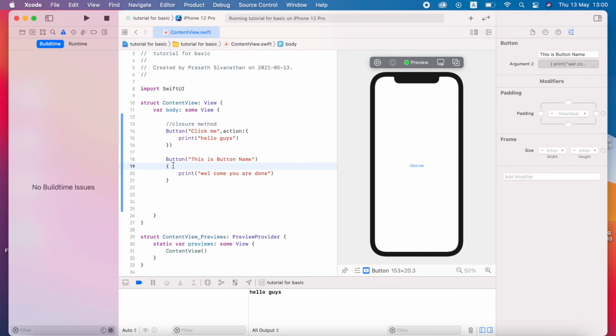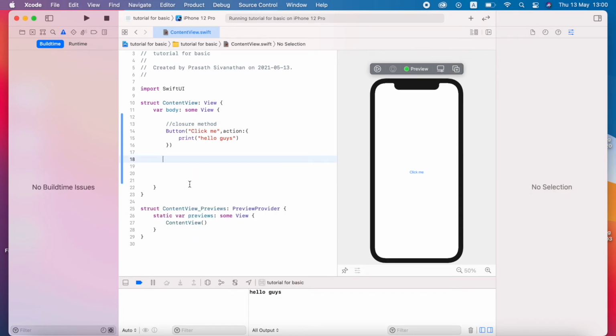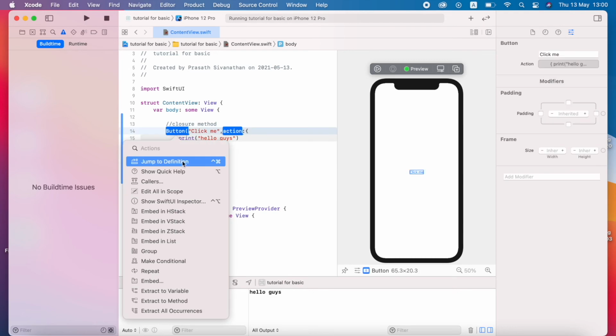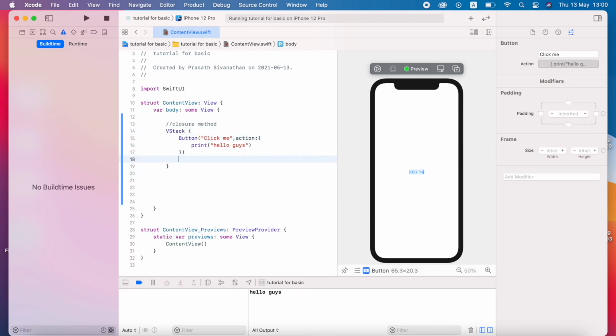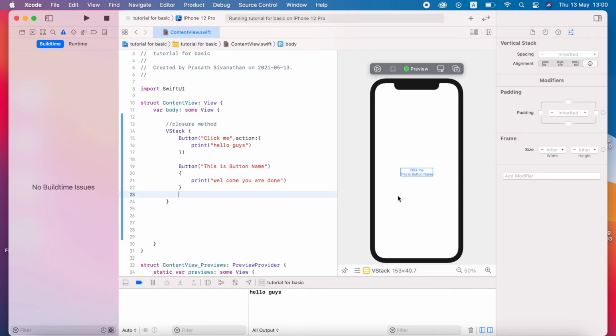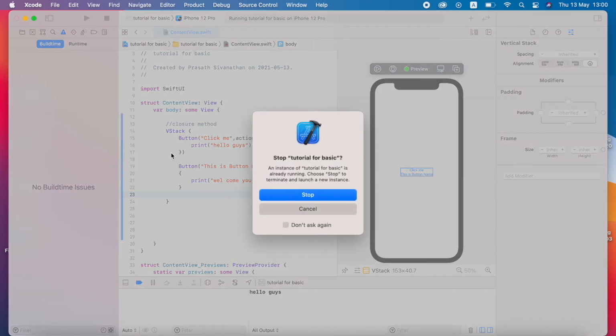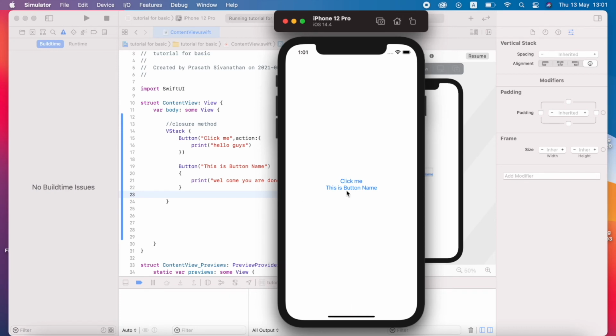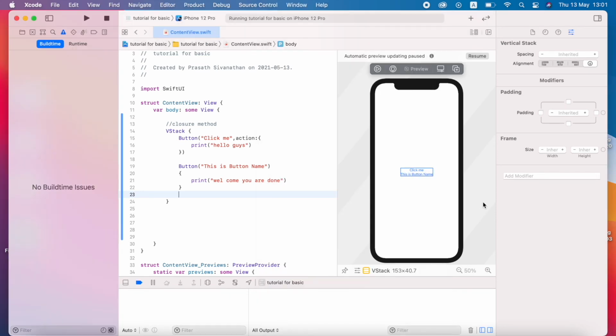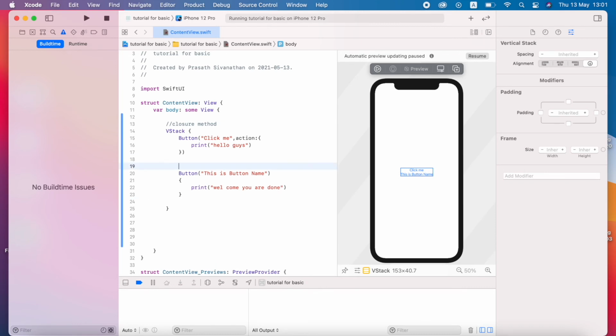So in this case, what I'm going to do is cut this one, and in the comment I click the button and wrap it with the vertical stack, and inside the vertical stack I paste this button, and see, this is working fine. Again I run it and see this is working fine. So this is called the closure method, and this one is called trailing closure.